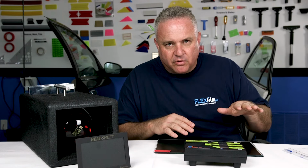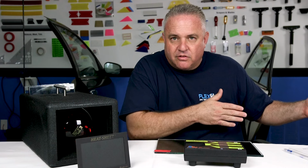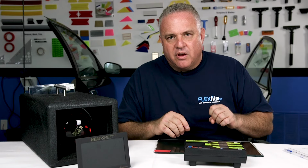If it's been in the market 5 years, and you can see that it's been sold in all 50 states, and you can go back and look at the history, we haven't seen any warranty claims or issues with the film, then I'm going to start warming up to it. Then I'm going to be real comfortable putting it on my car or selling it, okay? Now, if your threshold is lower and you want to go by 3 years or 2 years,